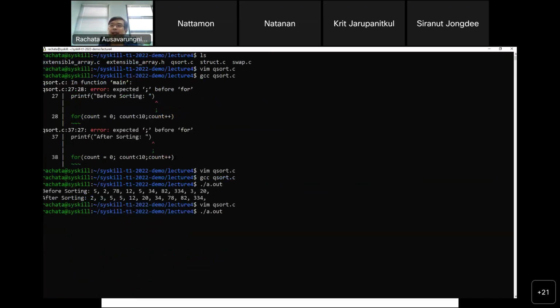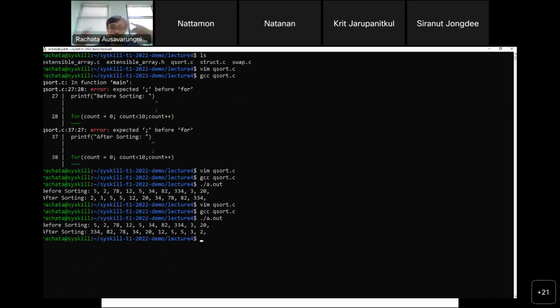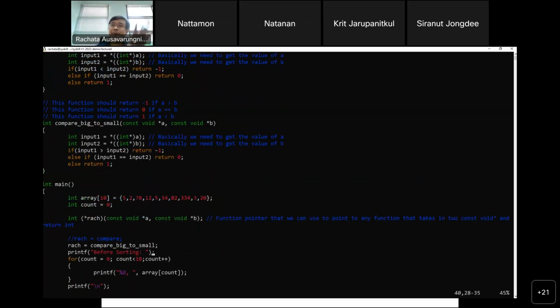So let's compile and run this program. Now you see it's sorted from biggest to smallest. As you can see, this is pretty convenient. You can build multiple functions, and depending on what you want, you can change just one line, point to a different function, and we are good. Everything behaves the same way. Now, that's another good question, I'll go back to that.